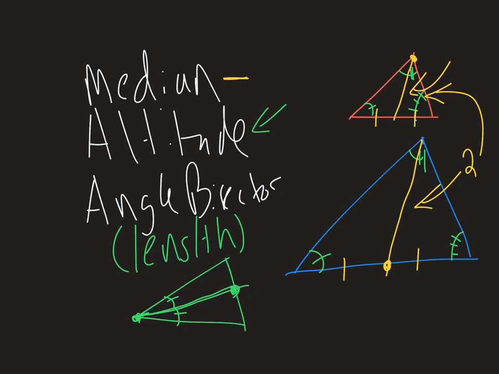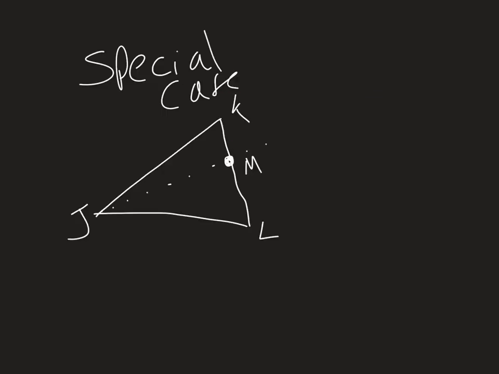However, there is one result that's a little bit counterintuitive, and it does kind of pertain to the angle bisector. So let's talk about that special case. Let's say I have an angle bisector JM. So we'll say that JM bisects angle KJL. And the idea is, if this happens, and it might seem a little counterintuitive at first, if I